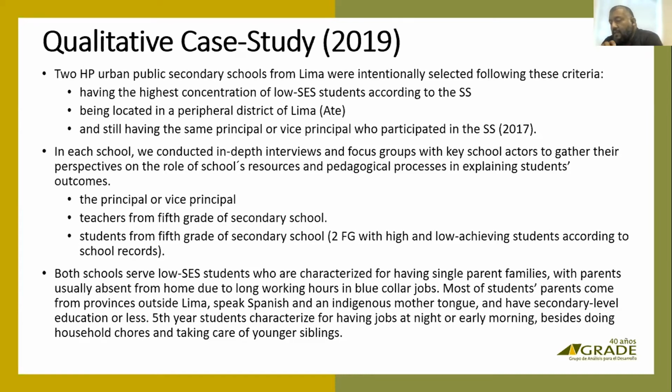So what we did in these schools is we did in-depth interviews, and also focus groups with the children: in-depth interviews with the teachers and the principal or vice principal, and focus groups with the children. We did focus groups with children that are high, oh, I saw Rafael,